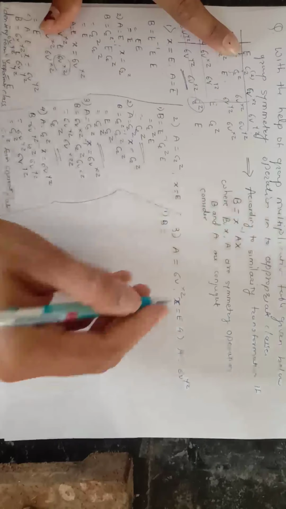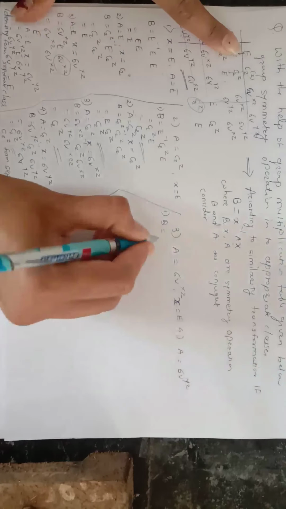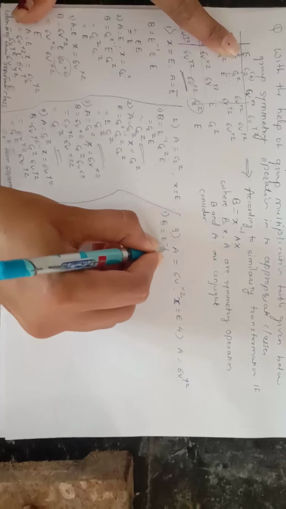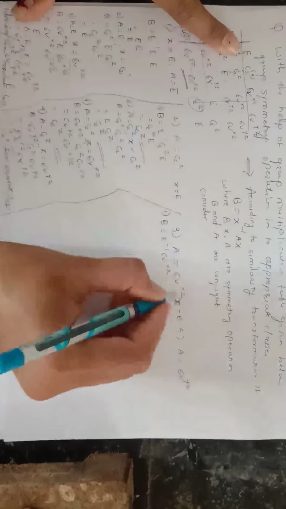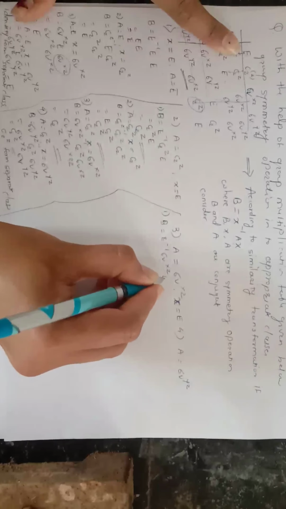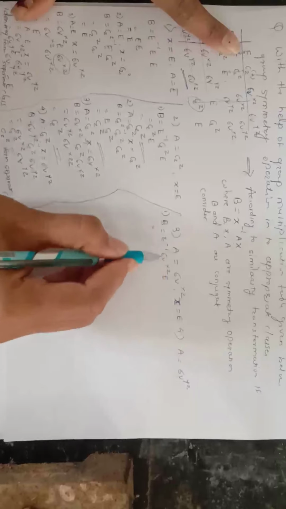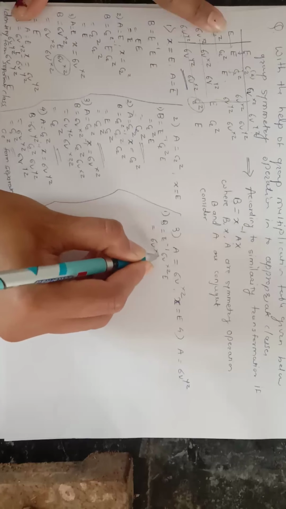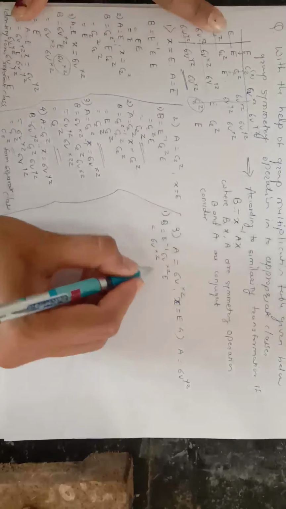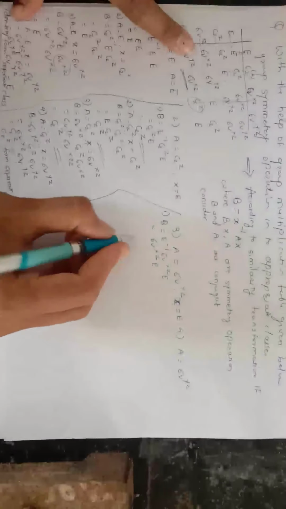B is equal to X inverse, E inverse, into A, sigma V XZ, again X means E. E inverse into sigma V XZ, we get sigma V XZ and the remaining E. Again sigma V XZ into E gives